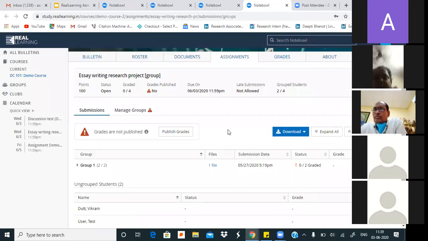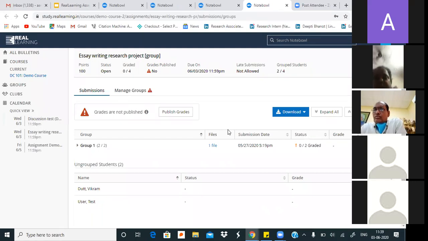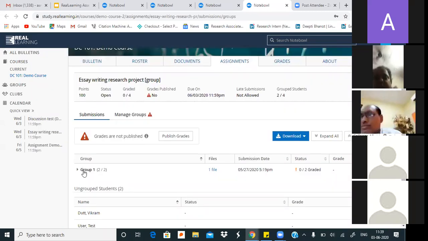Here, there are a few other options that teachers have, but what is important to take note of is that teachers are the ones who decide which students get together in a group. So this is not something that is a free agency students have. Teachers have the complete control to decide who all gets to form a group. And if you will see here, this is something that I have opened up as a group